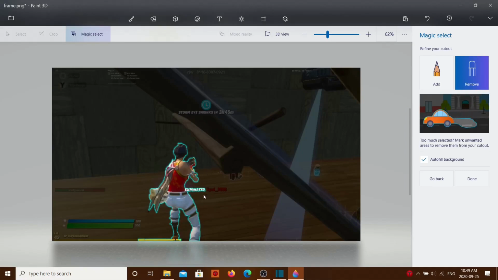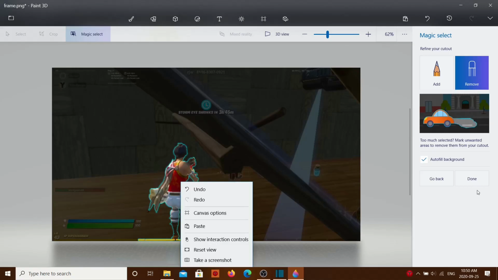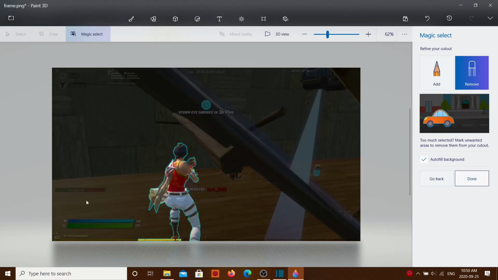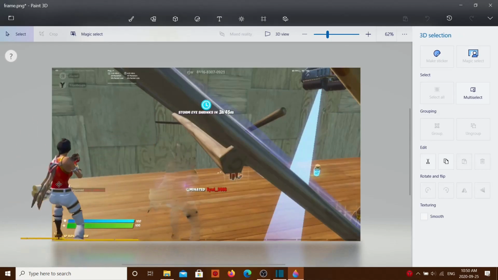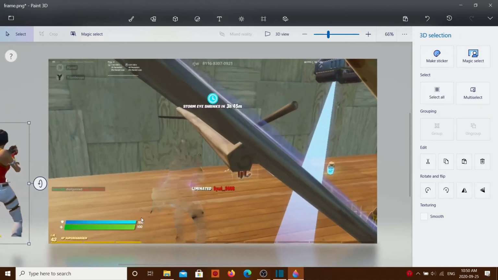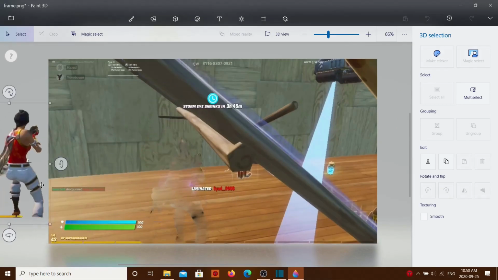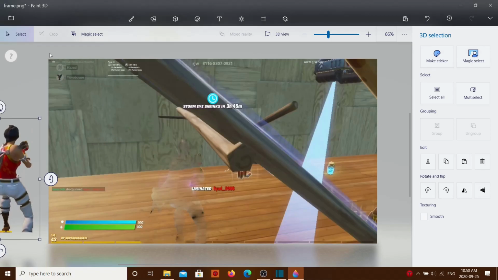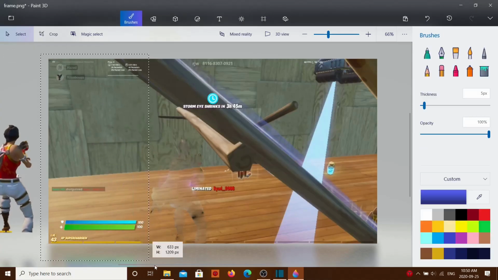And basically what you want to do is, once you have your cut out figure, I'm going to remove this real quick. Yeah, so here, that's perfect. You want to just click done, and it will cut it out for you as a separate thing. Now you want to grab your figure, put it aside. You can just put it out of the frame, right? And this is not an accurate figure cutout, but I already have mine, so I'm just showing you an example. What you want to do is select this entire frame,